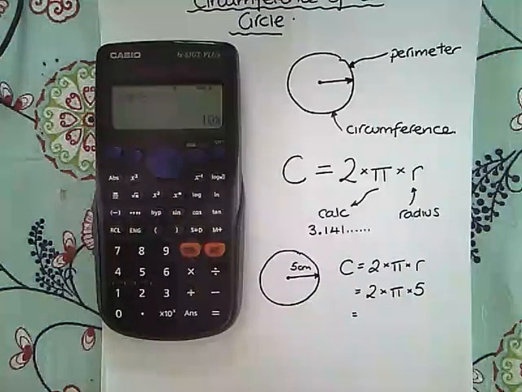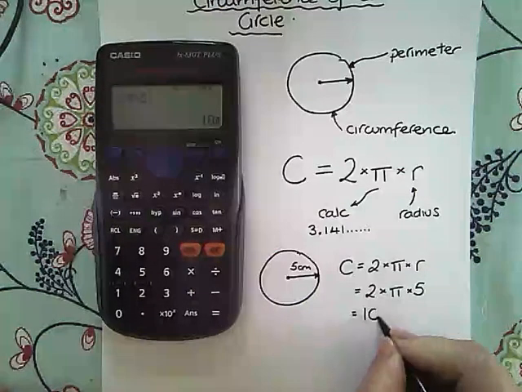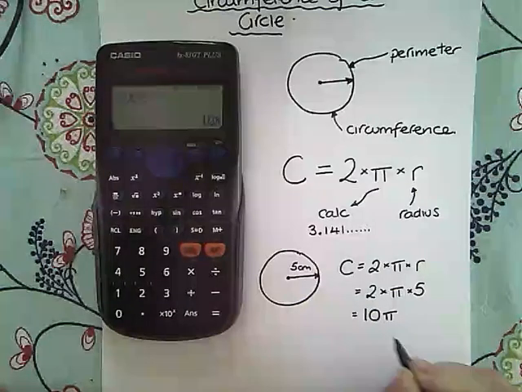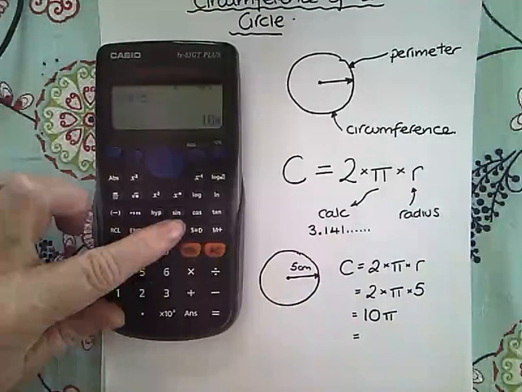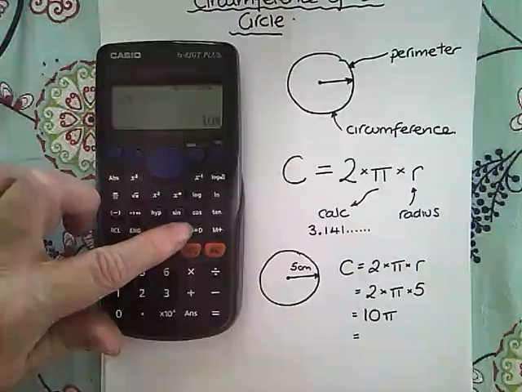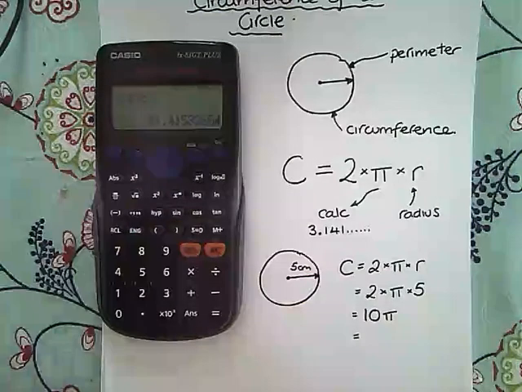Now lots of scientific calculators will give you a multiple of pi as the answer, so this one does, and it says 10 pi. But then in order to change that into a decimal, which we can then round to 1 decimal place, we need to press this button, the SD button, changing it into a decimal, and that gives us